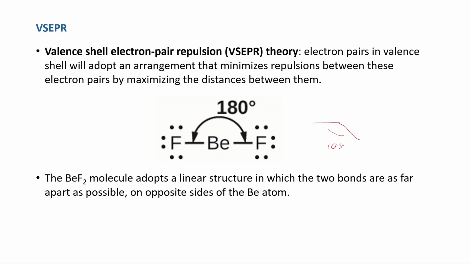What I want you to understand, because people have difficulty explaining this, is that the electron pairs are going to try to separate themselves. They're going to try to minimize repulsion. That's what causes them to locate themselves as far apart as possible. And once the atoms are located in a certain position, that's what determines the geometry of the molecule. In this particular case, this is a linear molecule because that's what minimizes the repulsions. But the order is: electrons repel each other, they place themselves as far apart from each other as they can, and that determines the geometry of the molecule.